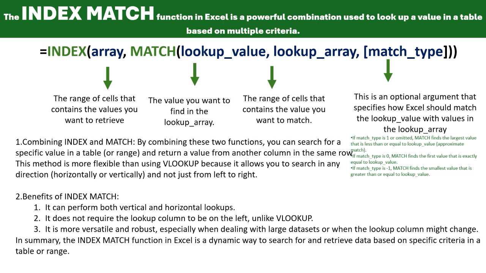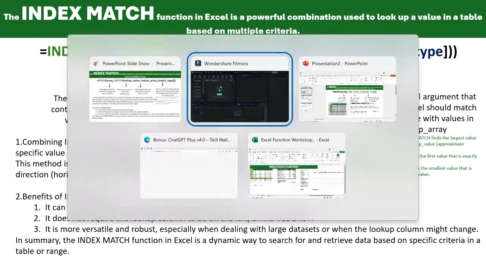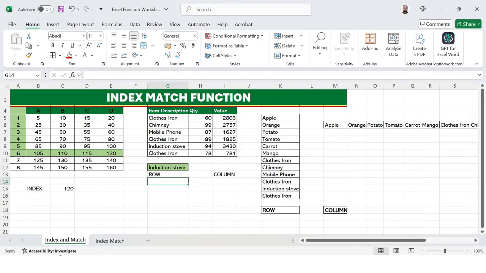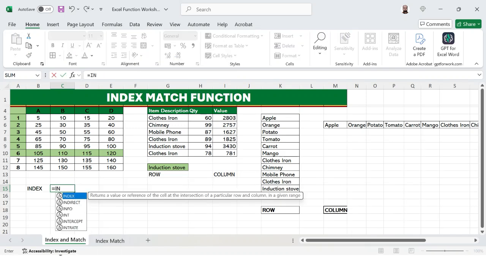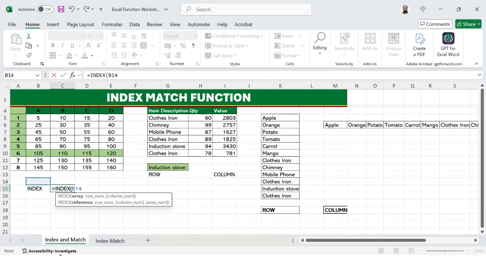So let's start to learn practically how this function works. If you use equals to INDEX, bracket start, now it's asking to select the array, which would be the entire data, comma.